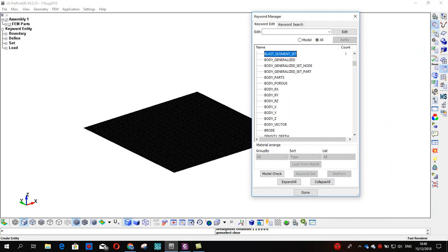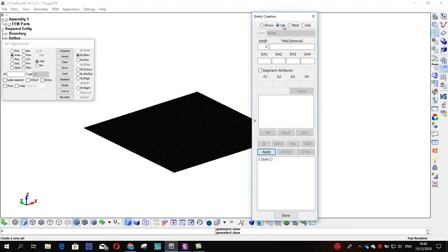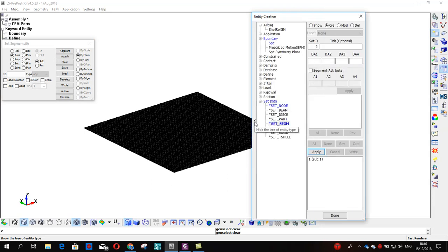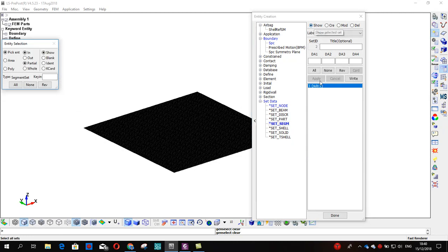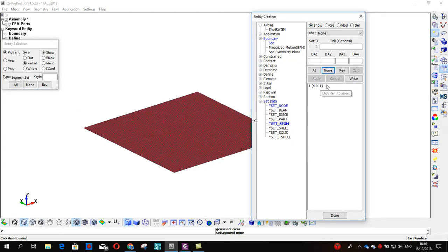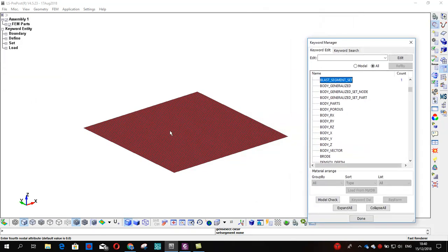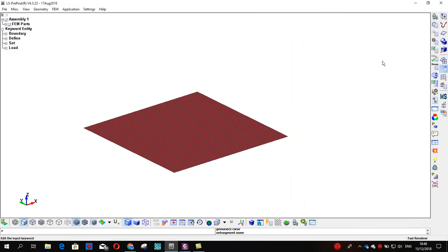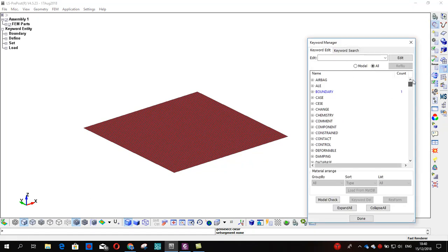what we did actually, we just shortcut to this create entity, and we did a shortcut to here, segment. Okay, so now if you want to unhide it, you just do like this. You just unshow it. Okay, so now we define the material, we define the thickness, we define the segment, we define the blast wall. Now we have just the routine things that we need to define, like the termination and the output intervals. So if we go up here to control